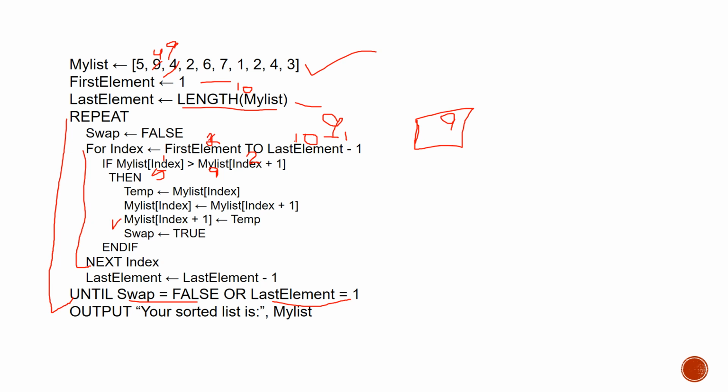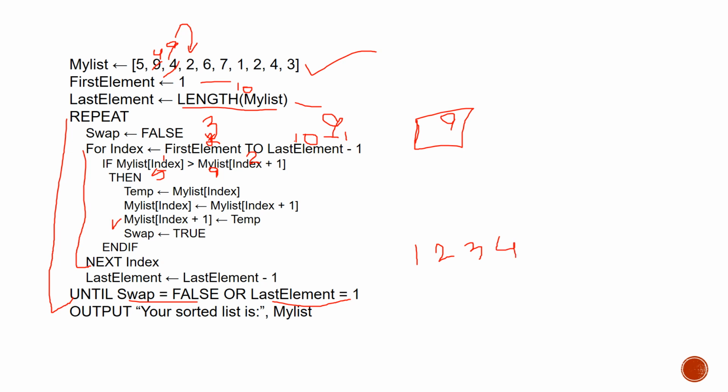Again here I am going to check with index 3. Now I'm going to compare 9 with 2. Again a swap will occur, and 2 will be replacing 9 and 9 will be replacing 2. So this will happen until all of my list has been swapped. So at the end I am going to display "your sorted list", which is my list. So I'm going to display the sorted list, which is going to be 1, 2, 3,